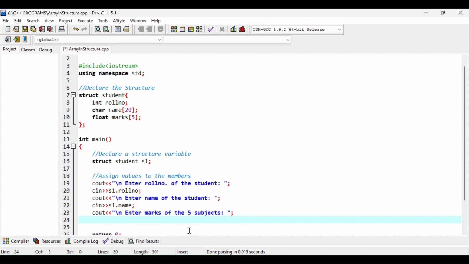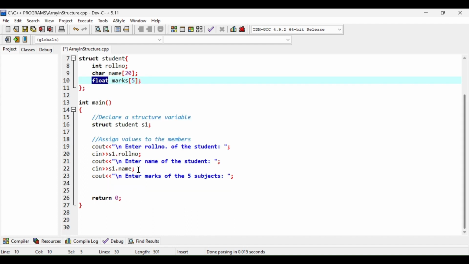And here, since marks is an array and the size is 5, I need to enter 5 different values, and this is a floating point type, so we will enter decimal values here. In order to get the input I need to make use of a for loop.